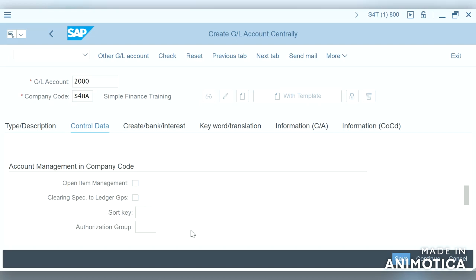So that is the purpose of line item display. So why have they removed that functionality in S4HANA? As we discussed in our previous videos, speed and performance is the main problem in ECC.